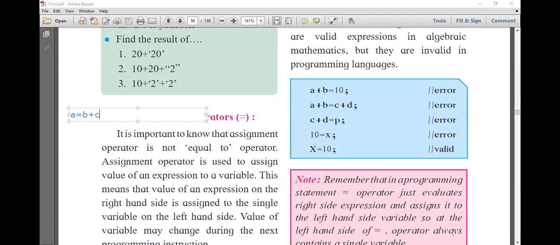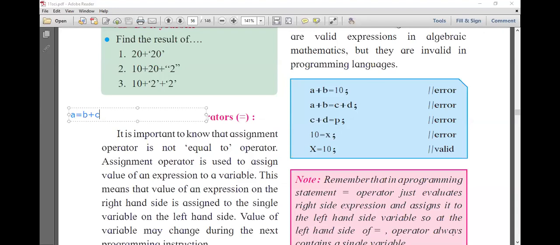By using the equal to sign, we can assign any expression to a variable, or we can assign any value to a variable. Always keep in mind that the equal to sign is used for assigning a value as well as an expression. The expression may be a mathematical calculation, or logical calculations, anything that you can assign. The expression always comes at the right hand side, and the variable to which we assign the expression always comes at the left hand side.